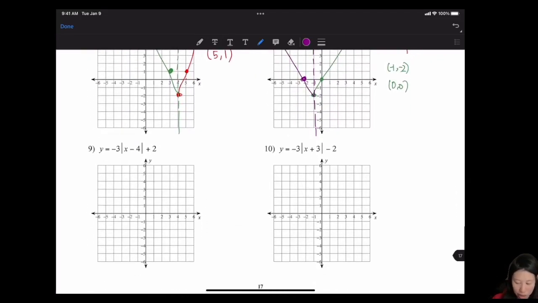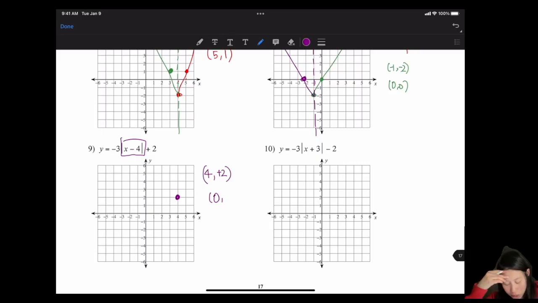Okay, number 9 will be what? We want this part equal to 0. That means we want x equals 4. When x equals 4, y equals positive 2. So I have (4, 2). And now we need to find another point. Let's say when x equals 0, we have 0 minus 4, which is,